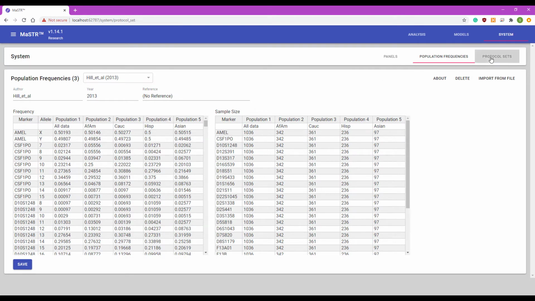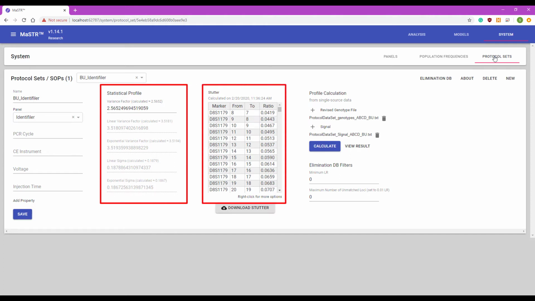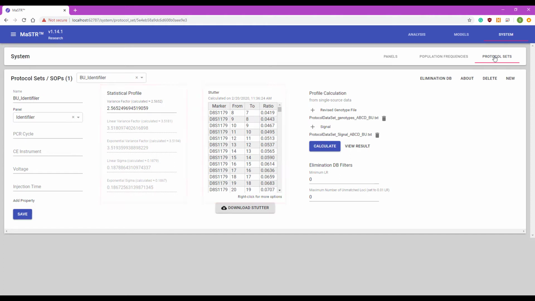The last tab in this view is for Protocol Set, or Standard Operating Procedure. This includes a set of standard parameters defined by a lab to specify variables. The protocol set also establishes the expected parameters for stutter and peak height variation in the statistical profile. The variance factor and list of stutter values can be entered manually here, or calculated using the single source data